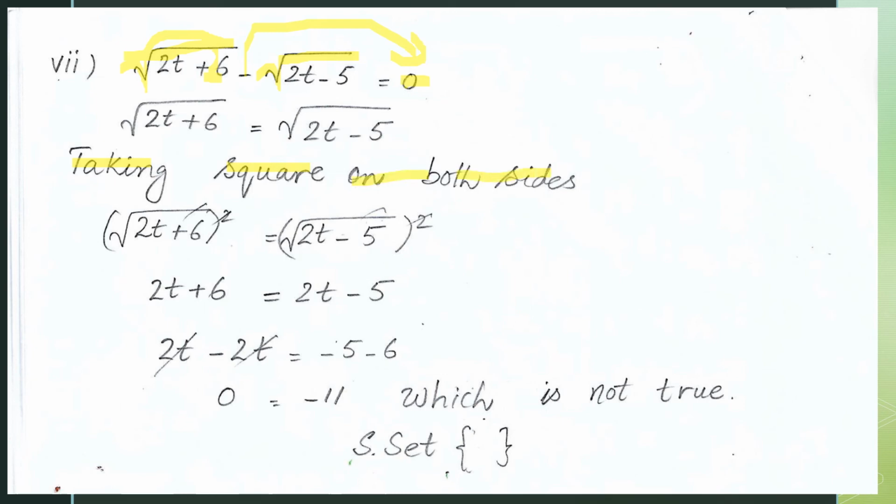Then now you have to see that when we cancel it and bring the like terms, there is t as a variable. So there is 2t. When you bring this 2t from one side to the other side, it will be minus. So 2t minus 2t, the variable becomes 0. So if the variable is already becoming 0, how can we identify the set? So this is not true. Then the solution set is an empty set. Why? Because the variable is already cancelled, so there would be no identity of any variable. Remember this thing, because it is very important.